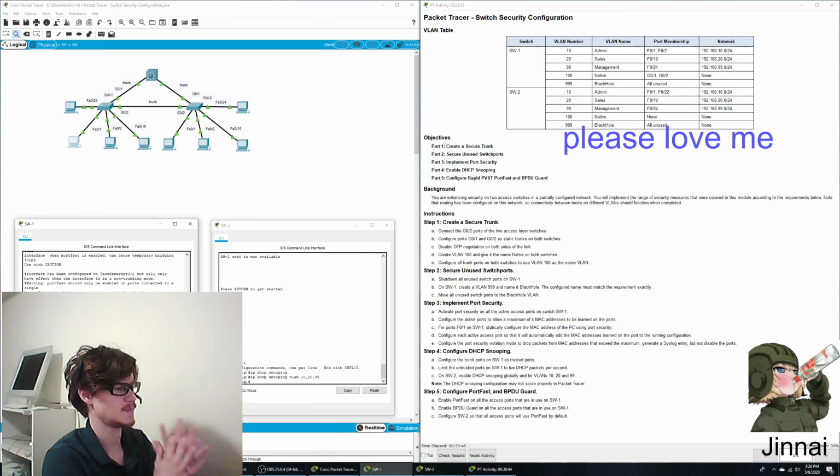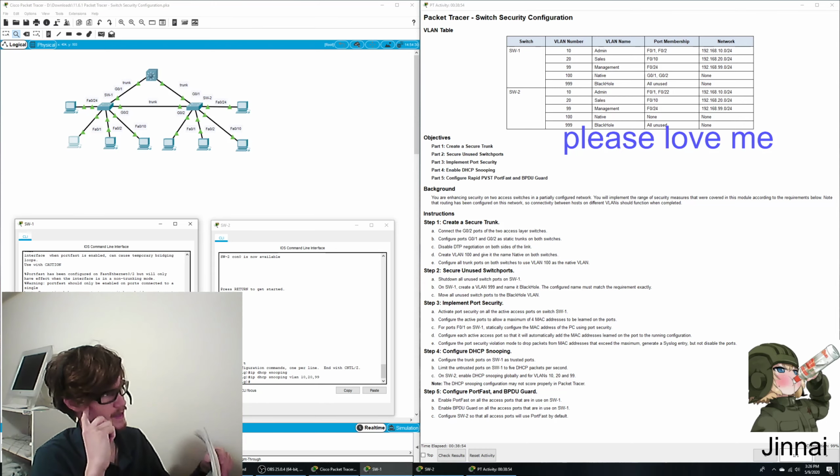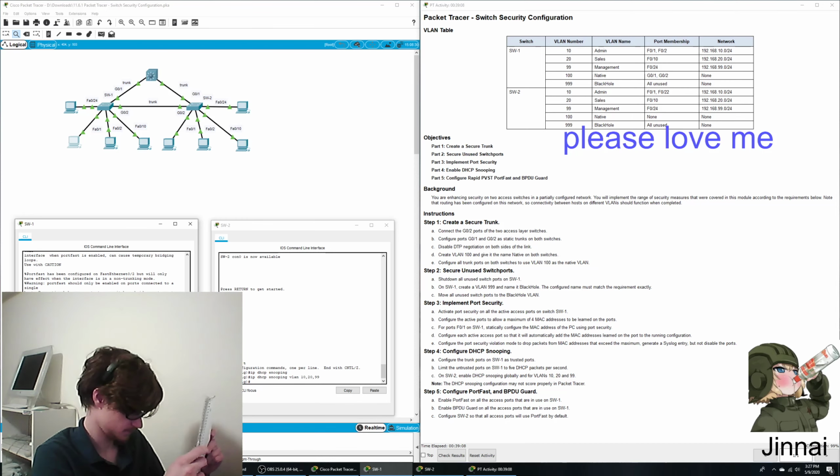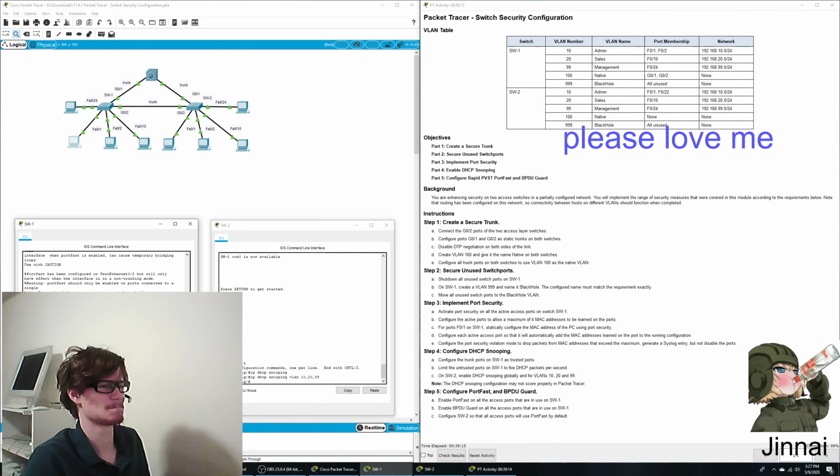That puts us at 99%. So that enables all the access ports that are in use. We already disabled all of the other ports. So basically, if you were to be on switch 1 and you unplugged one of the devices and plugged another one in and spoofed the MAC address of the computer that was connected, you still couldn't send a bridge protocol data unit. I guess. I didn't research my video. But you know what? We're getting points. And in college,